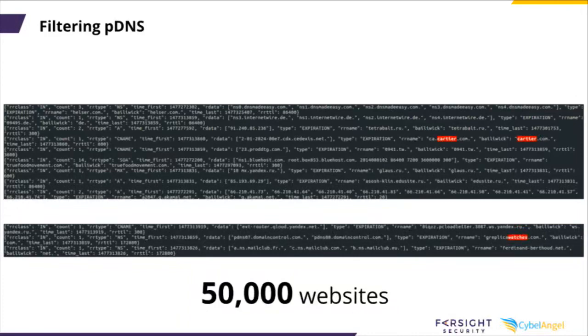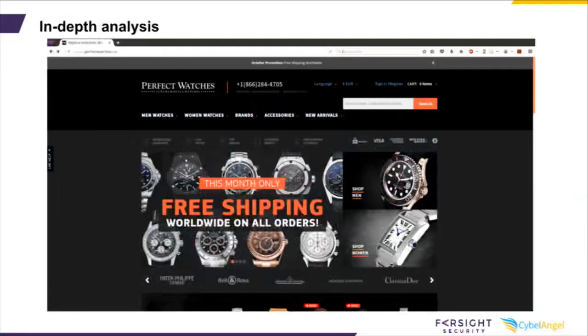And I first look for the brand-specific keywords. Here, that would be Cartier. Then I look for generic keywords, for example, watches. And after a couple of days, I set aside already 50,000 pretty good candidates of websites selling counterfeited versions of Cartier watches. On all of these 50,000 websites, I start the crawlers. And for example, let's take this one, this nice little guy called perfectwatches.cn. By the way, you can see that the counterfeiters do a pretty good job at replicating legit looking websites, so that pretty much any customer can be lured into thinking it's legit.